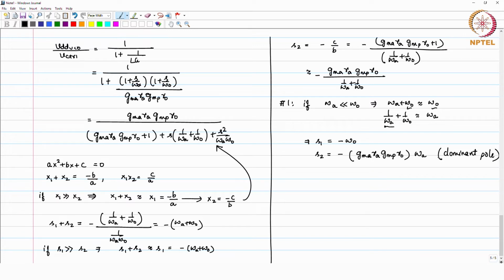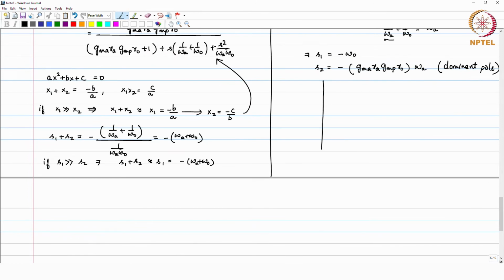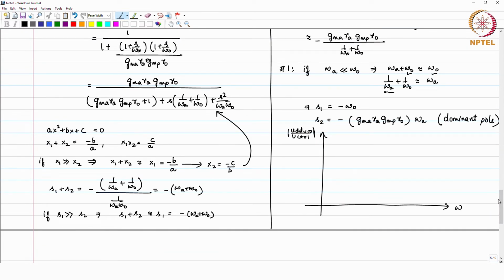Okay, as per our assumptions, if you look at the transfer function from V control versus omega, this transfer function is VDD VCO divided by V control. This transfer function I am going to plot in dB. The DC gain is close to 1, by the way, with GMA, RA, GMP, RO and all these things. The DC gain is actually slightly lesser than 1, that is fine. So, this is like a 0 dB line,